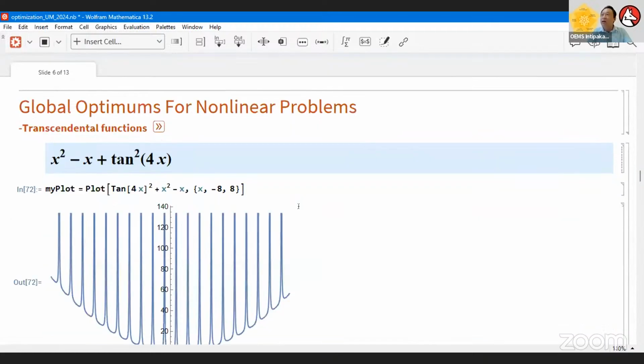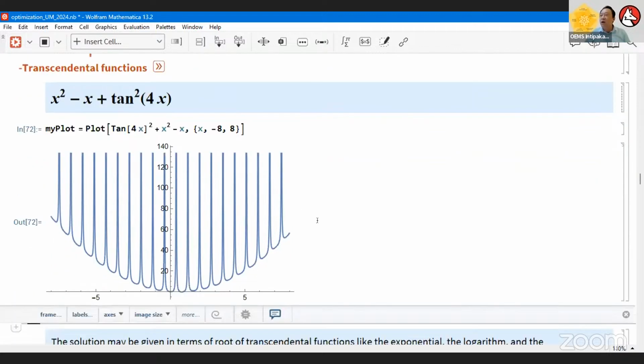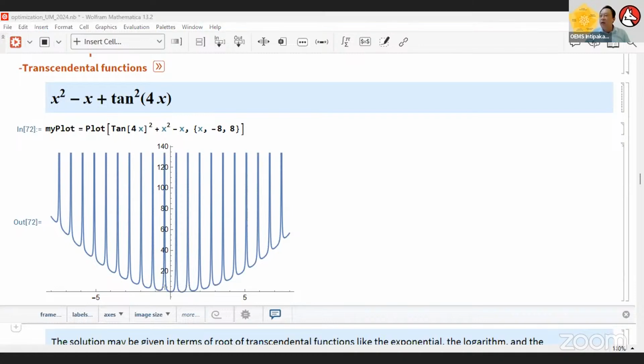Yeah, quite interesting looking. Now if you say, hey, could we actually look for the global optimum of these particular transcendental functions? Now if you look at here, quite obvious, right? The local optimum would be somewhere here, either this one or this one. Graphically, both of them look like they are touching the very bottom point of this x-axis. We're not too sure which one is considered the global minimum, but let's try to solve it.